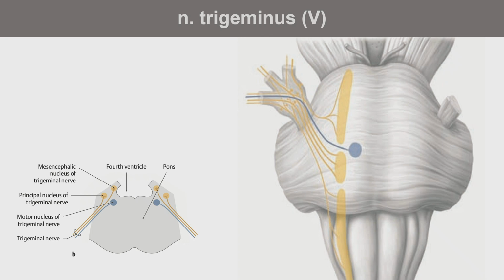So the ophthalmic nerve is a part of the trigeminus. The trigeminus is the thickest nerve arising from the brain stem, and it goes through fibers of white matter in the region of the lateral aspect of the pons, and it contains a branchiomotor part,